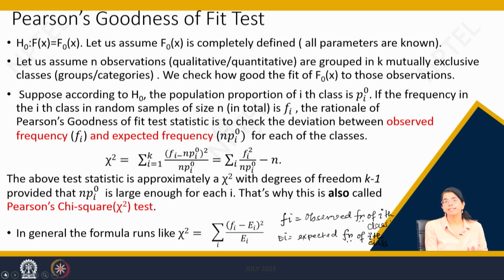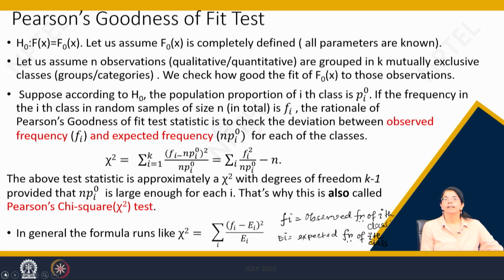Now, why is it a non-parametric test? Because this expression of chi-square does not require any pre-specified distributional form to have that distribution, chi-square with degrees of freedom k minus 1. No matter what your distribution is, from where your observations are coming, the Pearson chi-square test statistic will always follow a chi-square with degrees of freedom k minus 1.